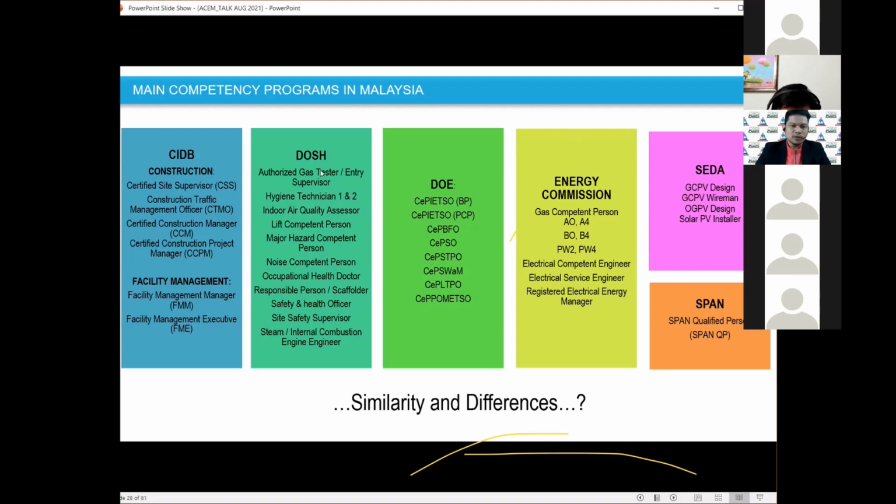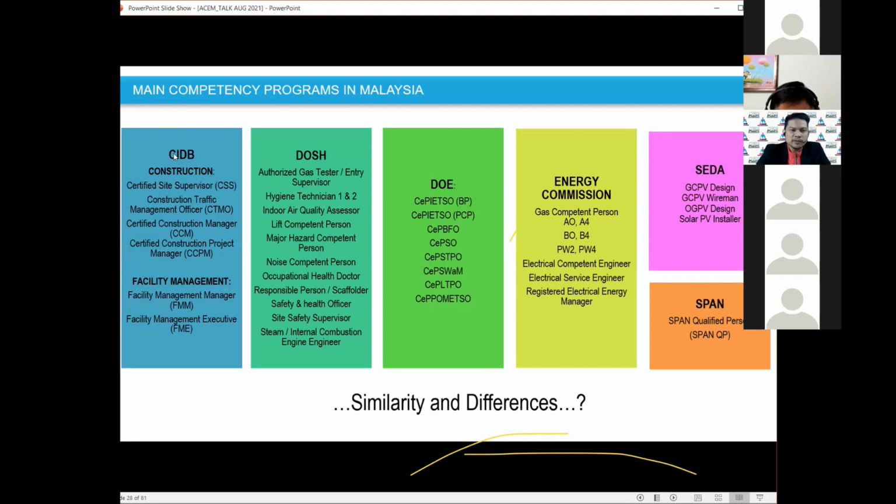For those, there's also a program you need to go for full time. For example, safety and health officer is about 20 days and it will cost you about 6 to 7,000. Safety and health supervisor costs about 3 to 4,000. It will be about how many days? 8 days, maybe 10 days. So this is how the agencies look into our certification during the training and also the assessment process.